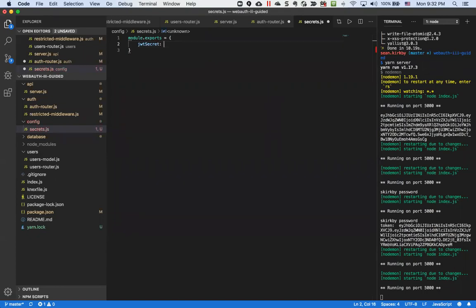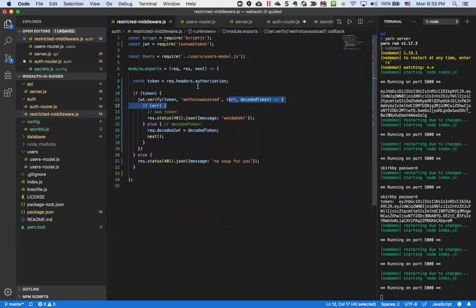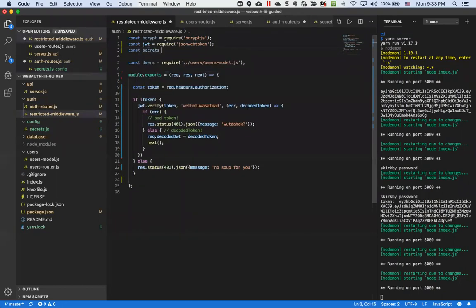And the value of this is either going to be something from our environment, or we can hard code it. Okay, and that's all that's going to be in this file. And then where we would use it, if we were to go back to our middleware here, we would simply require that. So we could say require our secrets file,